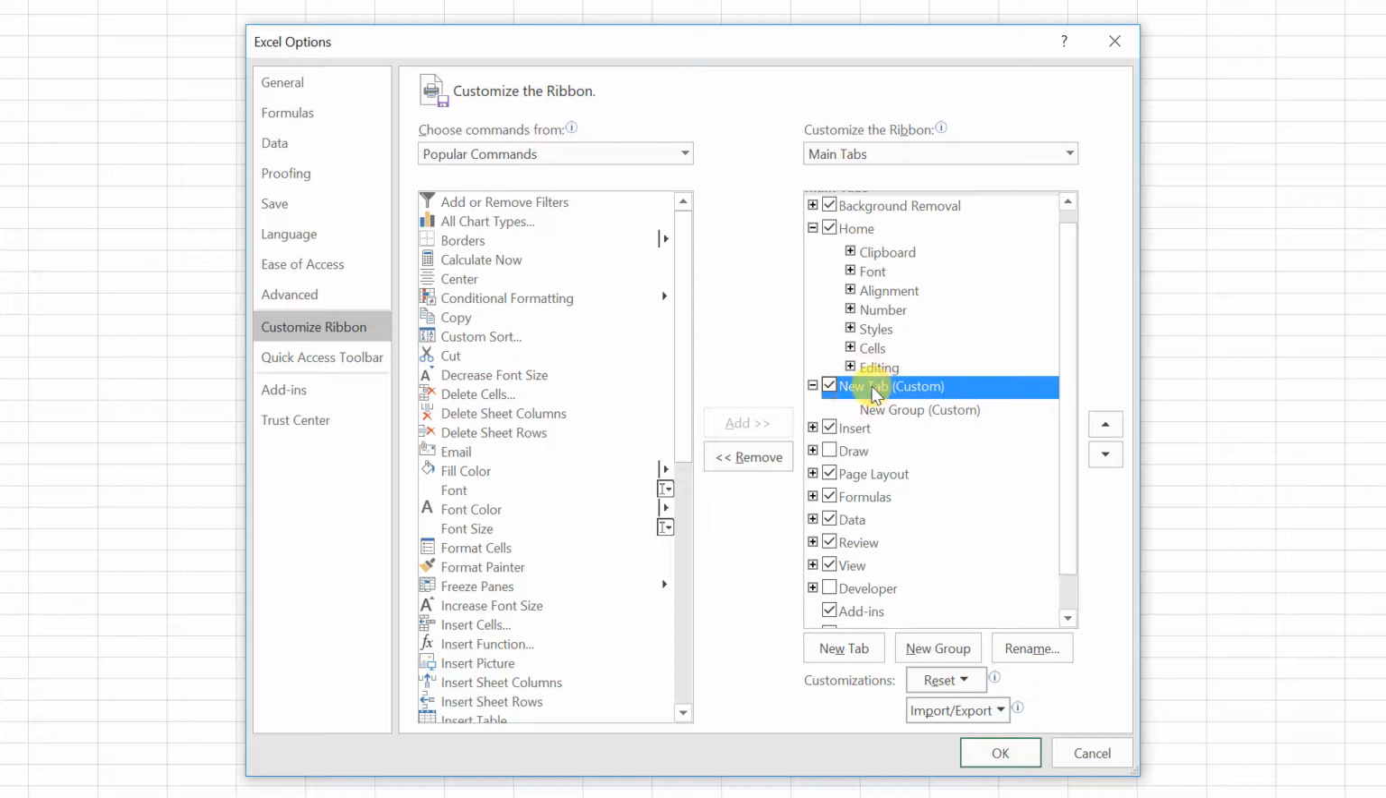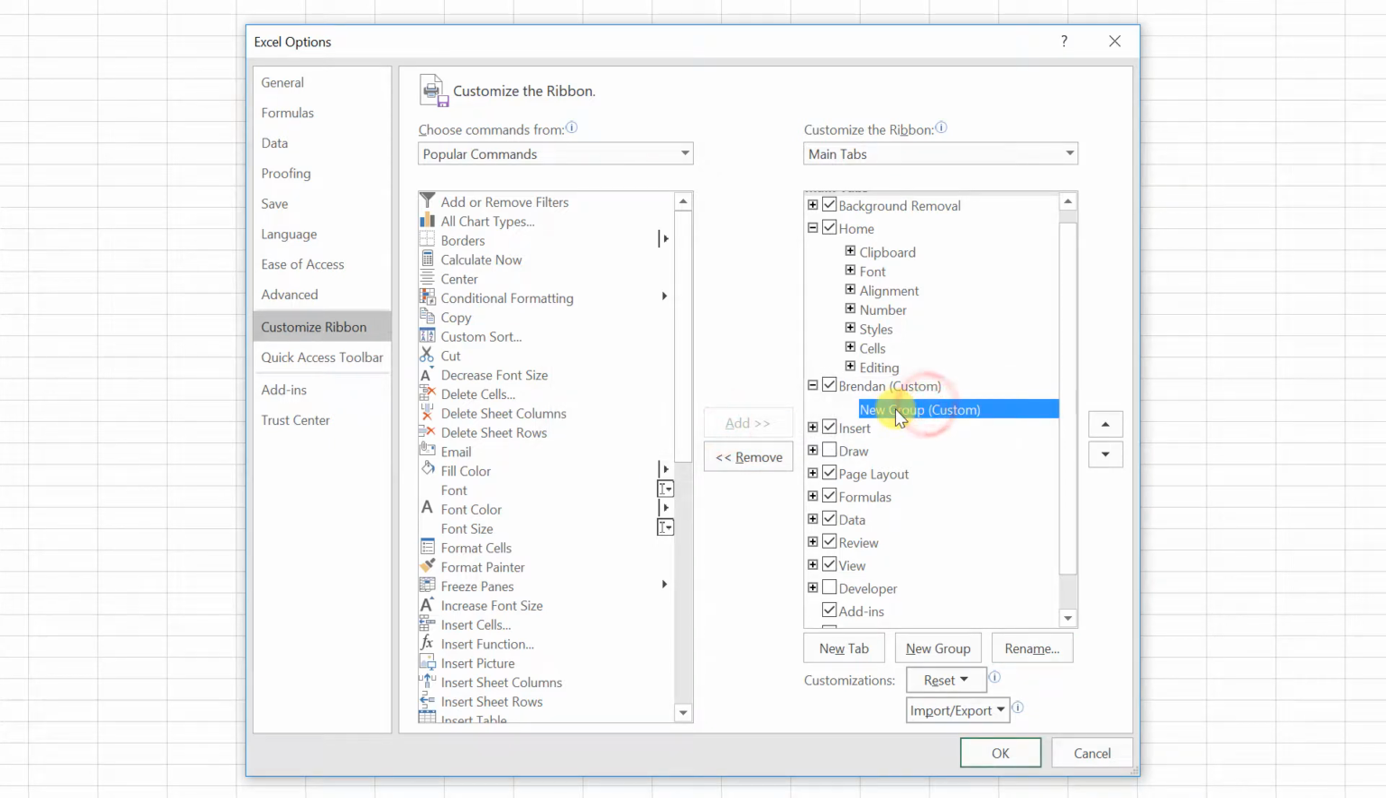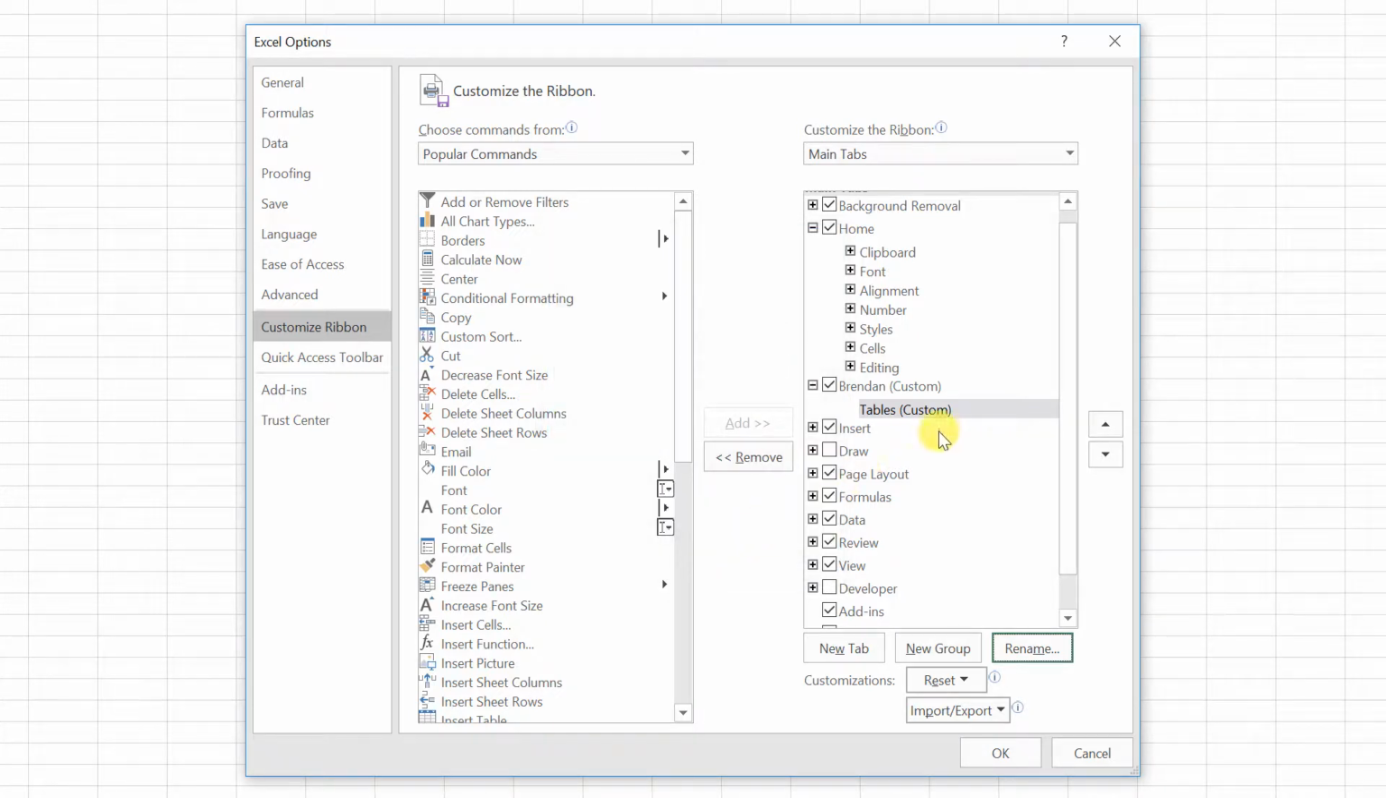And in this new tab, we want to go ahead and rename, so we can click rename. We'll call it Brendan. We'll click OK. And under there, it went ahead and created a new group, which is this section. This would be considered a group. So we'll go ahead and click rename. And we won't choose a symbol, but we'll go ahead and call this tables. And we'll go ahead and add